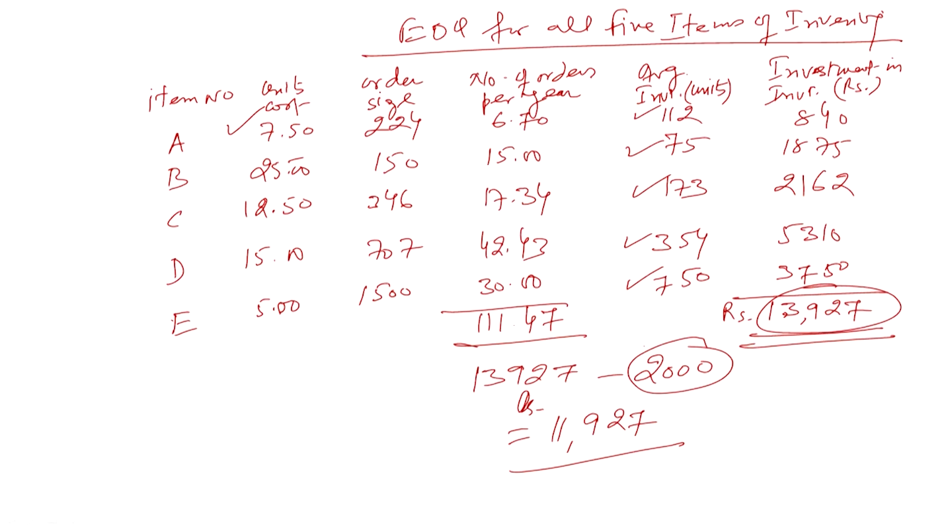Sorry, this amount is not 27, I think it is 37. So here also it is 37, it is not 27, please correct it. It is the amount of 37, because it is 5 to 7, then it is 11, and then 17, 18, 20, yeah 3, it is 37. Here it is 37, at all the places it is 37. So now we are available with the funds, that is 11,937, because 2,000 are withdrawn.